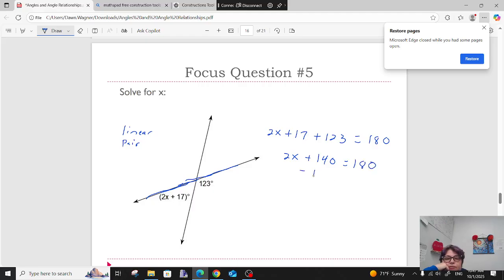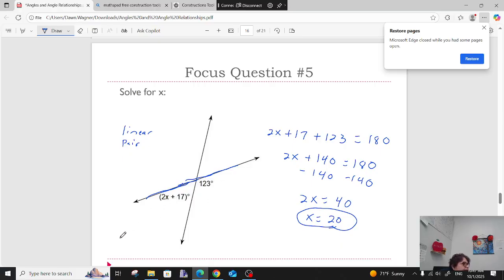You subtract 140, get 2x is equal to 40, and x is equal to 20. We could check our answer if we wanted to by plugging this in and then making sure both angles added